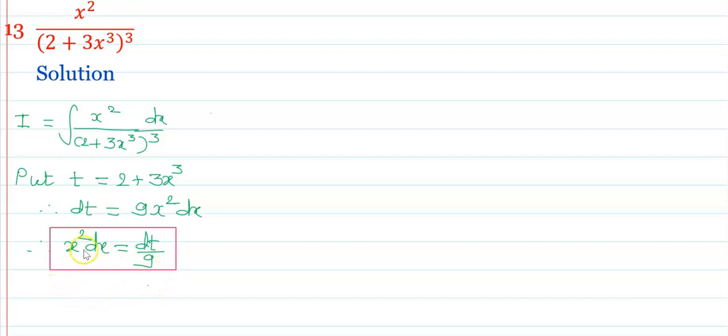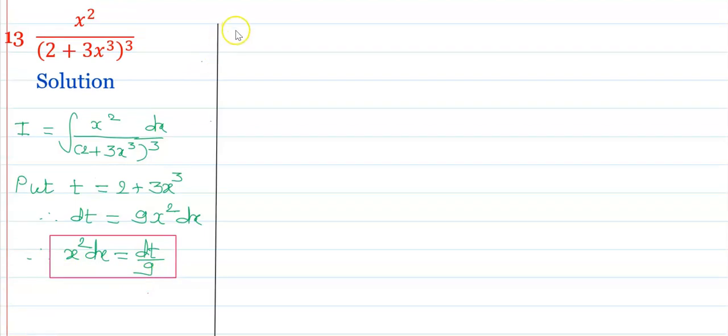x square into dx is equal to dt upon 9. Therefore here I is equal to the integral of x square into dx upon (2 plus 3x cube) whole square, and this equals to,